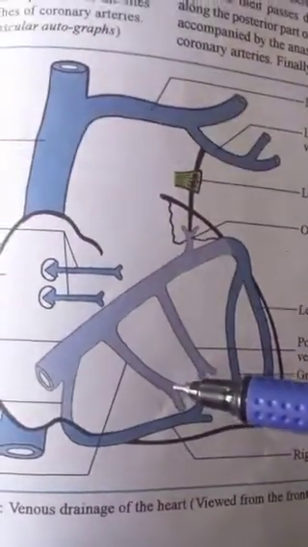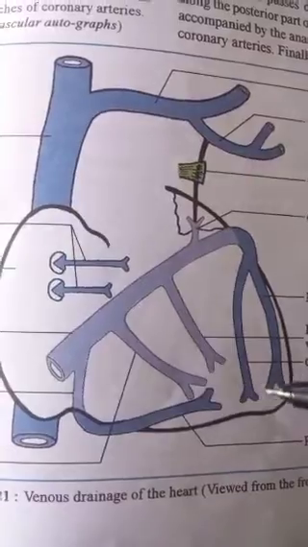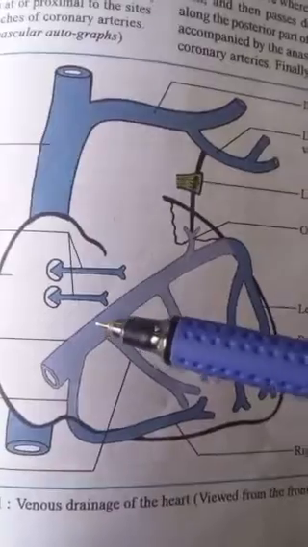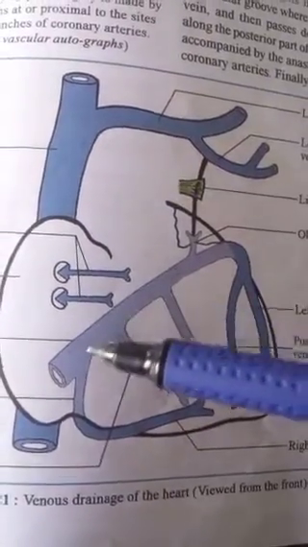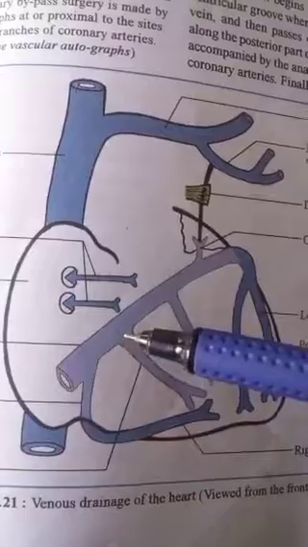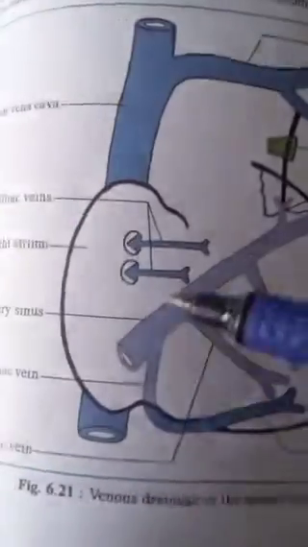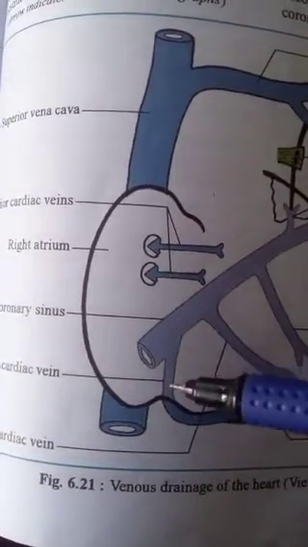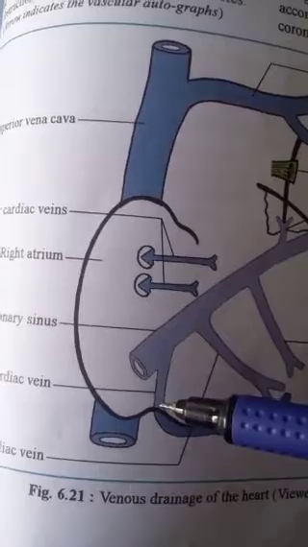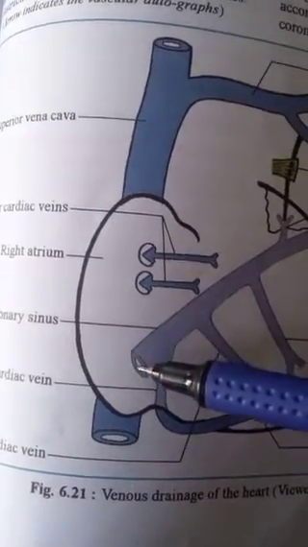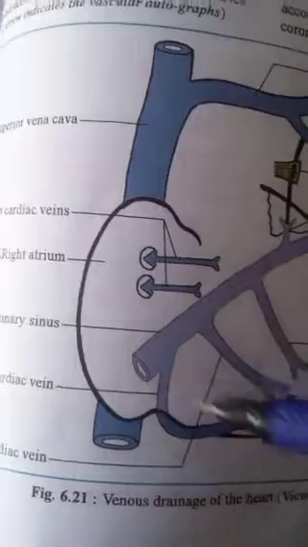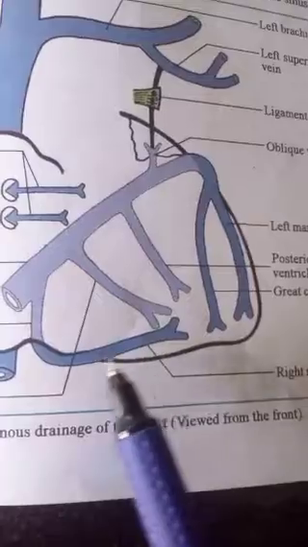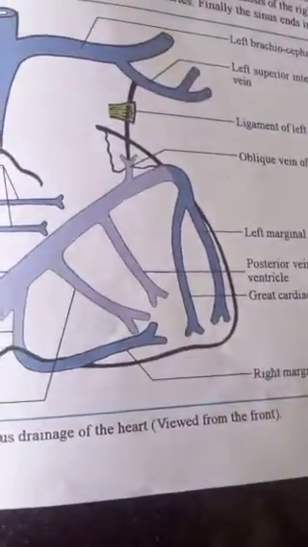The middle cardiac vein also begins near the apex, but it runs into the posterior interventricular groove and opens into the coronary sinus more near to its right end. The small cardiac vein lies in the atrioventricular groove and it opens at the right end of the coronary sinus. Small cardiac vein receives a vein called the right marginal vein.